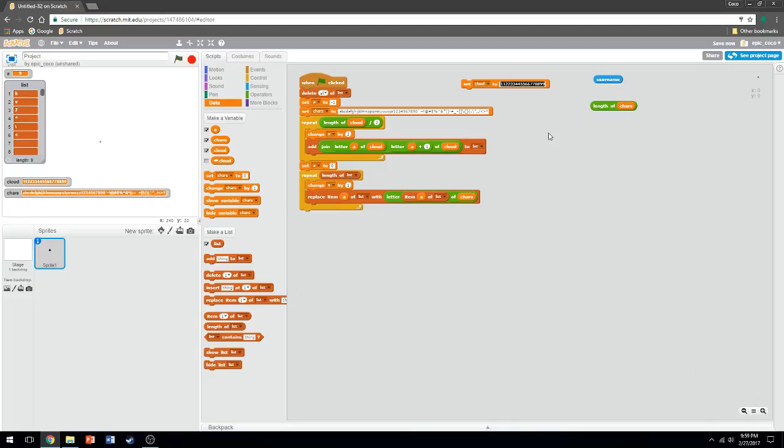So if we replace this with 01, 02, 03, 04, 05, this will be the ABCD. Why did that do that? Let's see. Let's figure it out. Oh, because we didn't set cloud to that. Okay, set cloud to that. And yeah, ABCDE. Because say each of these two